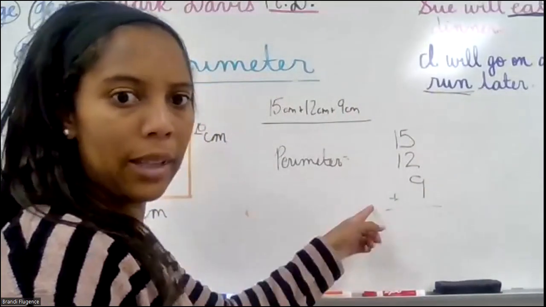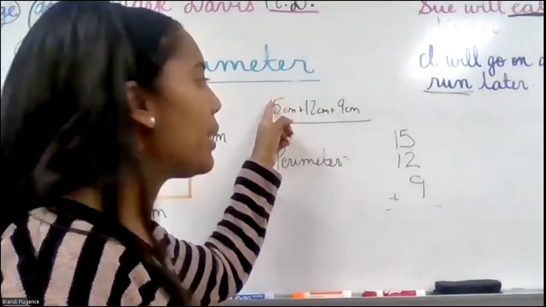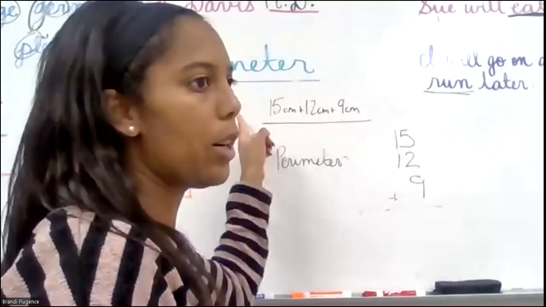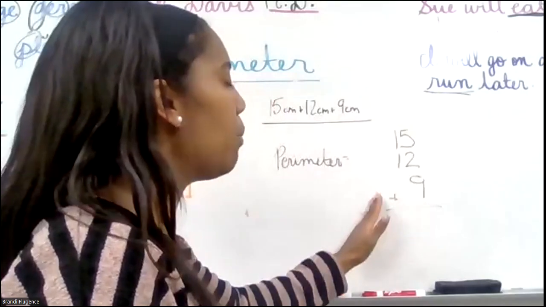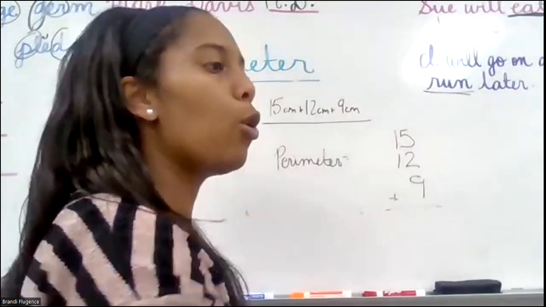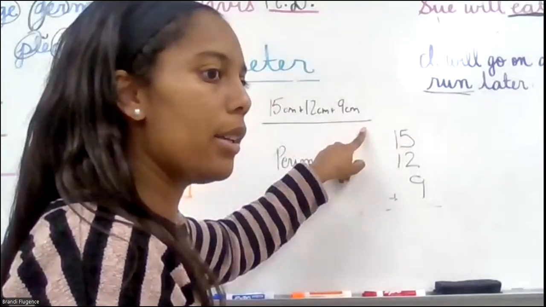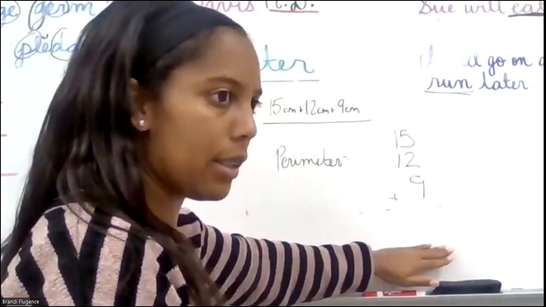Okay, so let's set it up like this so we can add it. It's going to be too hard to add it horizontally like this. That's way too hard to add it that way. So we need to set it up on the side like this. Write it like that. But then on the side, we're going to add it like this.